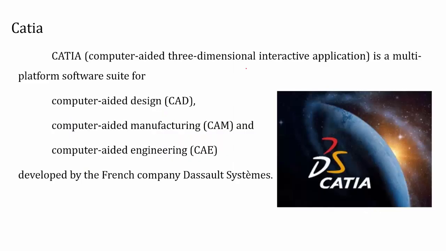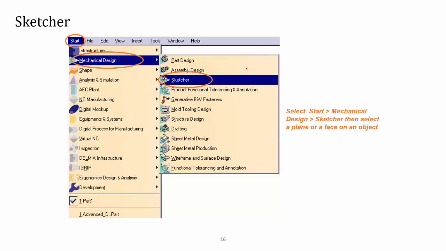Now coming to CATIA. In this course we are going to use CATIA as a CAD and CAM software. CATIA stands for computer aided three-dimensional interactive application. Here we have CAD, we have CAM, and also computer aided engineering. In this course we are going to use two modules, that is computer aided design and computer aided manufacturing. This is the sketcher module. There are plenty of modules. First we are going to perform the sketch only. From the next experiment we will start the sketcher module.